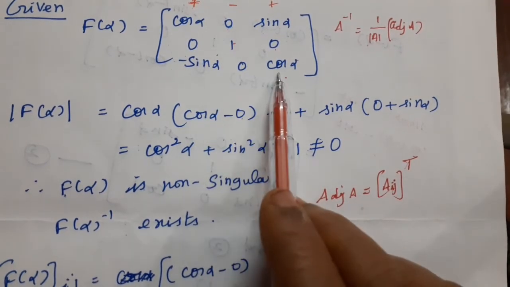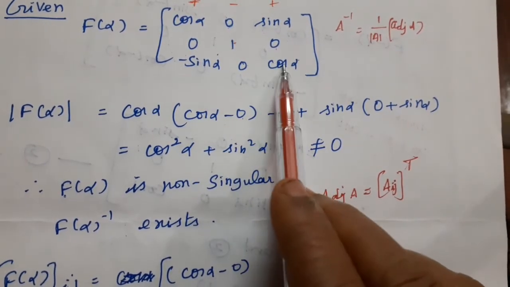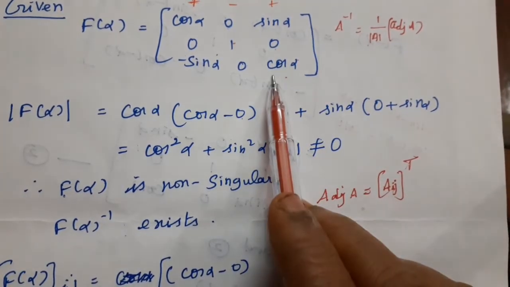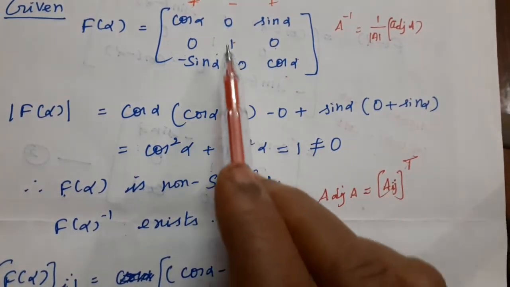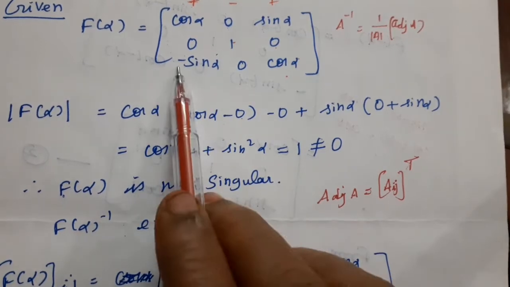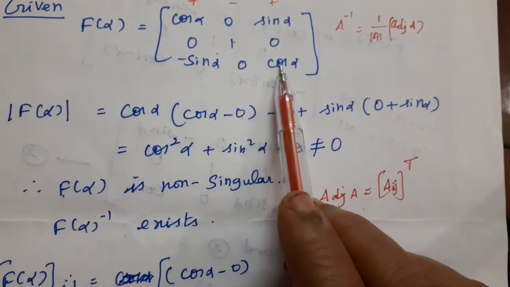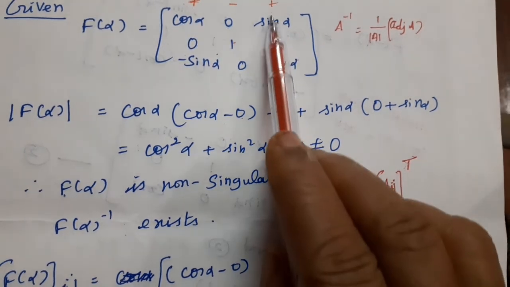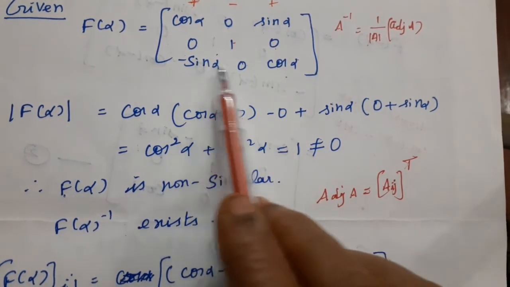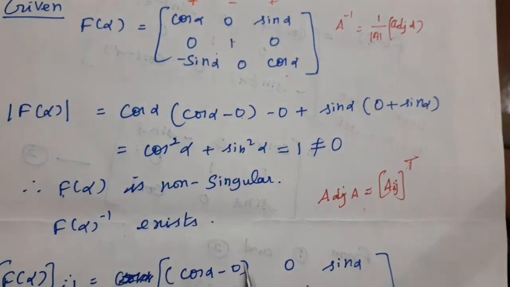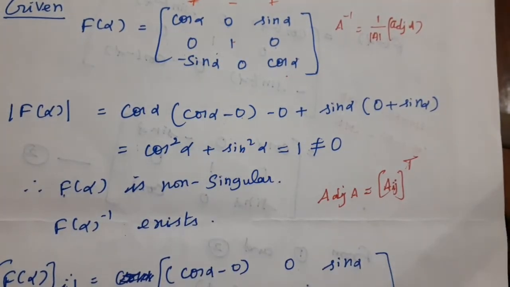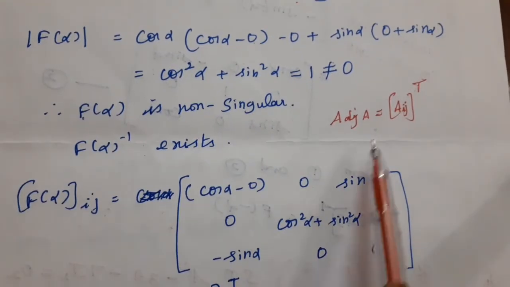A31, A32, A33. Column. Cos alpha is left. What happened? Leave that column as well as row. 0 ones are 0. 1 into minus sin alpha, sin alpha already having minus, minus into minus becomes plus. This cos alpha means you leave that column as well as row. Cos alpha into 1 is cos alpha, 0 minus 0, 0. Similarly, you find the result for adjoint of A.